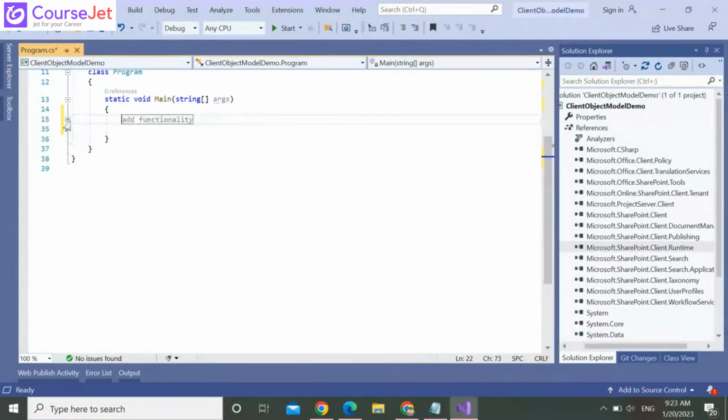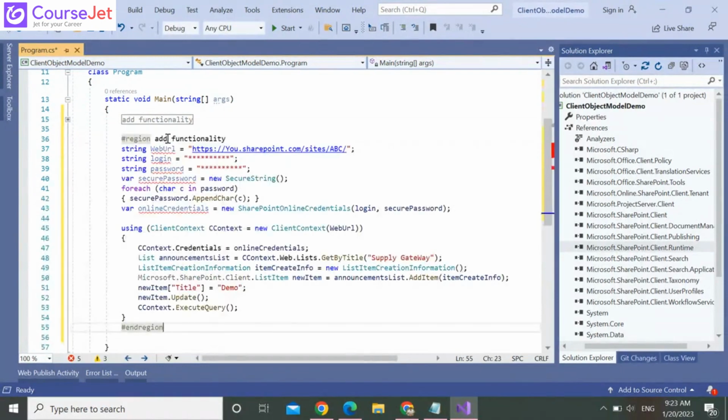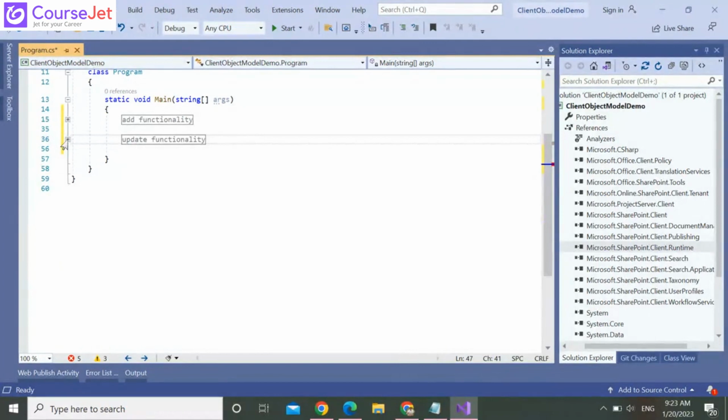Okay, same. You can minimize it the same way if you add other functionality, update functionality, to another region. So we are splitting as separate regions. Okay, so in future it will give more readability to the code. Why has the particular region been written? What is the functionality of that region? For that they have given that region option. I'm removing this update functionality.